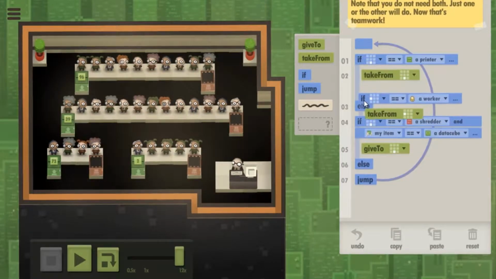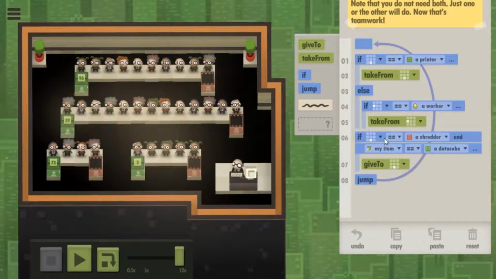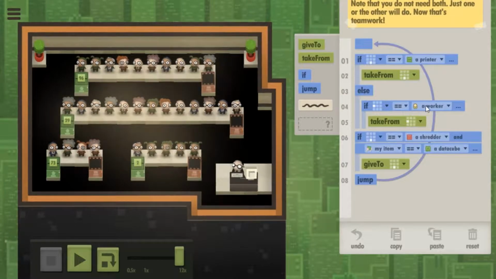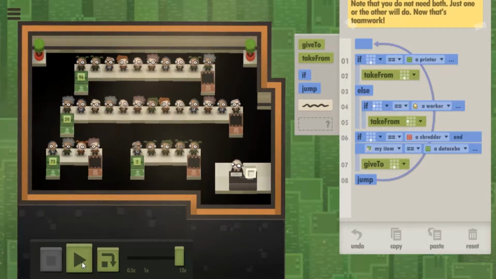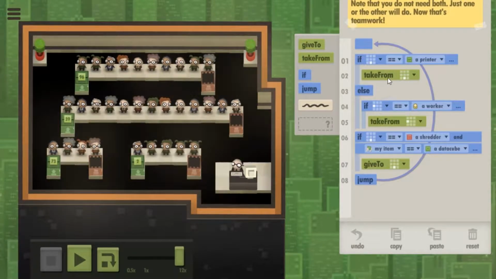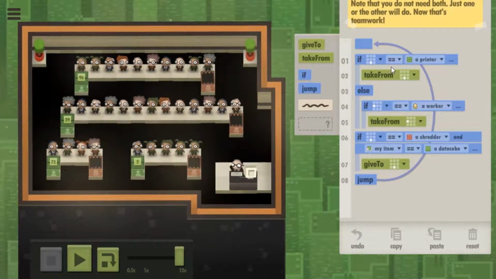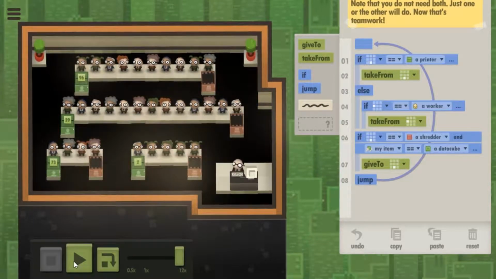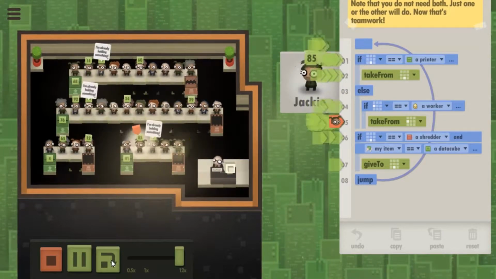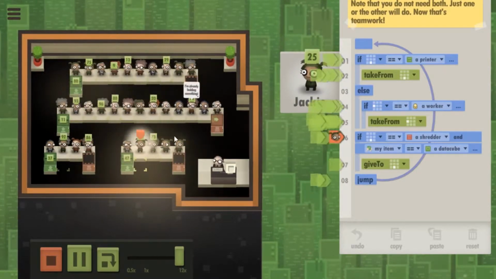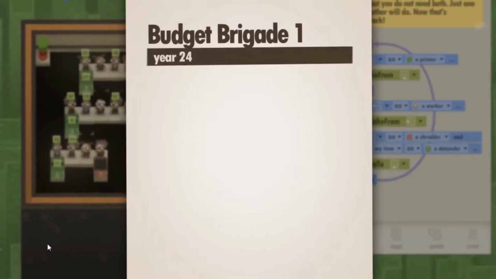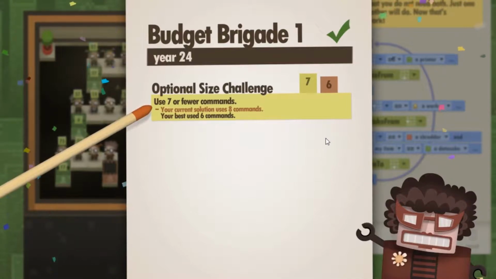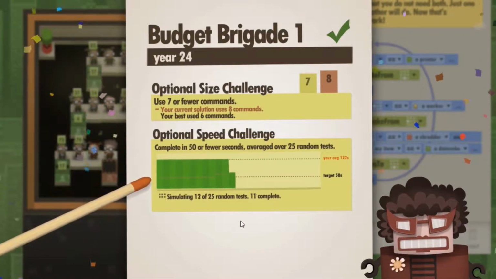Okay. So wait. I'm thinking that putting it in the else might stupidly make it slightly faster, and we only need it to be slightly faster. Yeah, I think it might, because basically it's not going to even do this if statement if there's a printer. But that should only affect one worker, so I don't know why it would make it faster. Sure doesn't look faster. I wasn't getting these notes before. What did I do different? Also, now that I have an else statement.